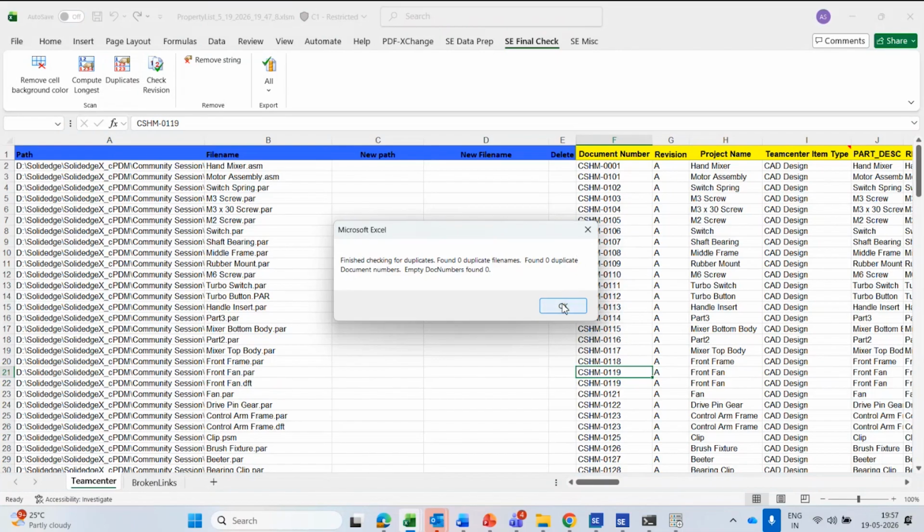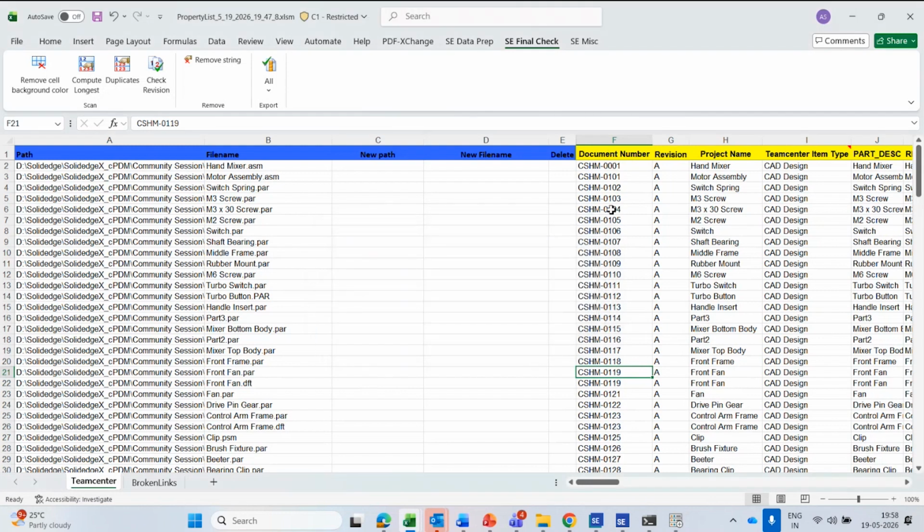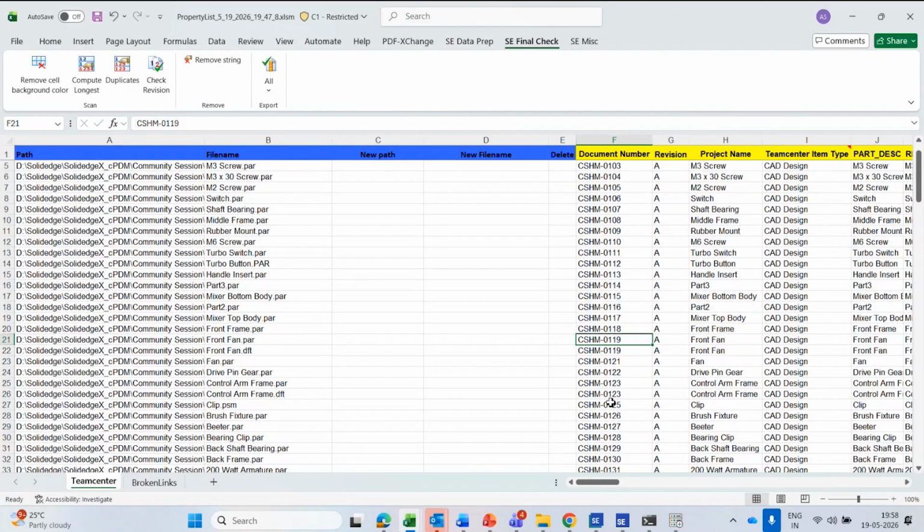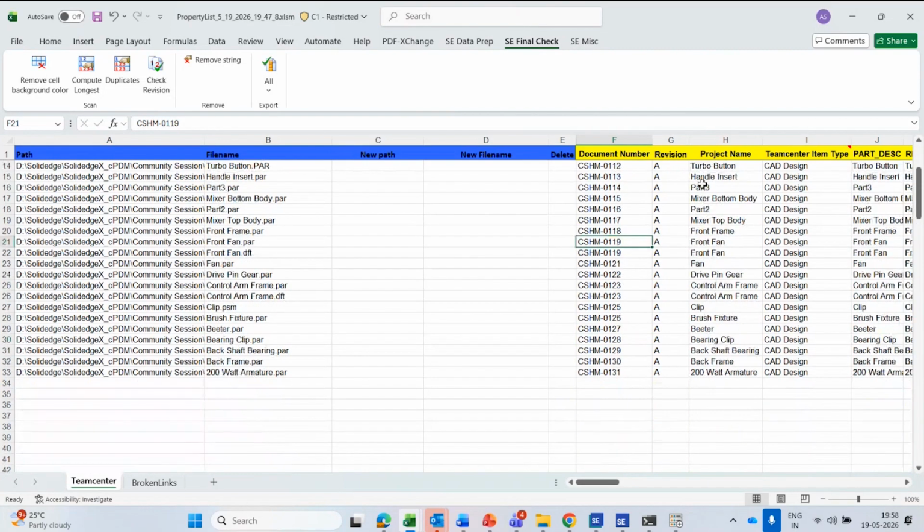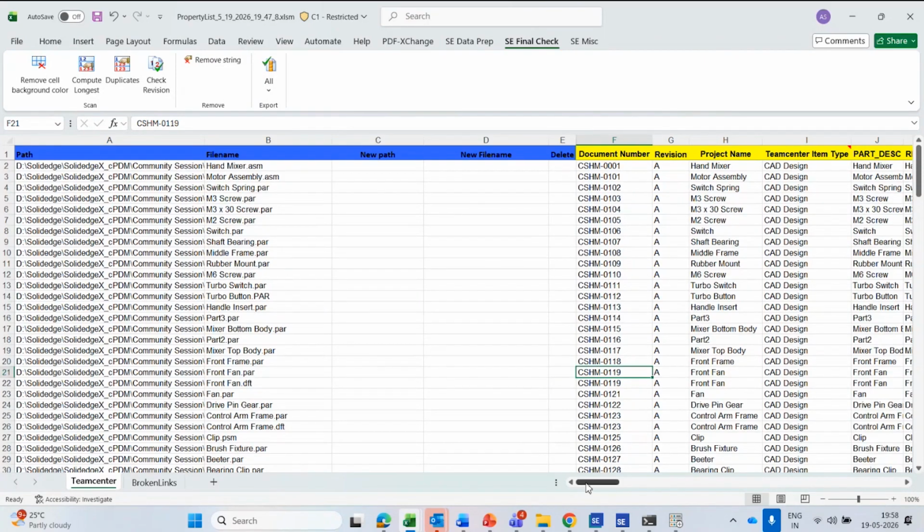That gets validated, and it highlights any duplicate document numbers which are defined in the master list. So once I update all the required properties and fix all the broken links, I can go ahead and